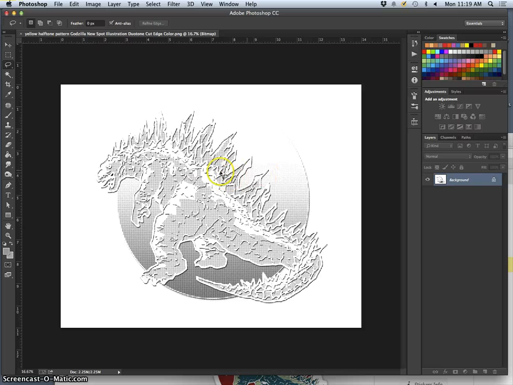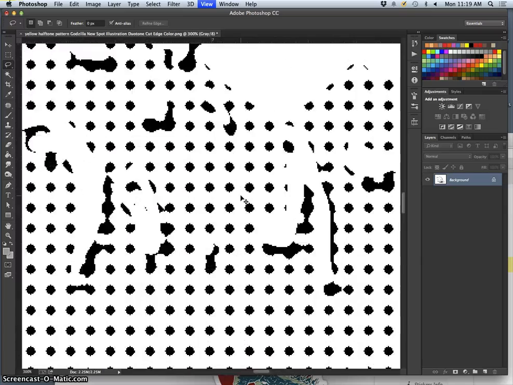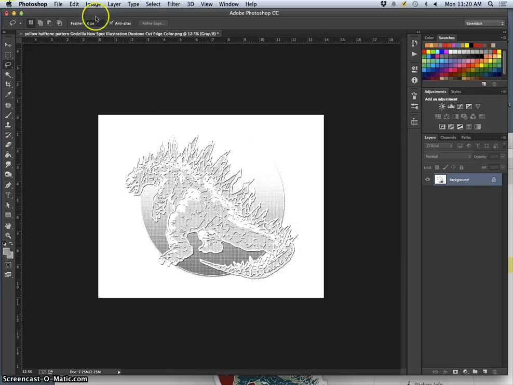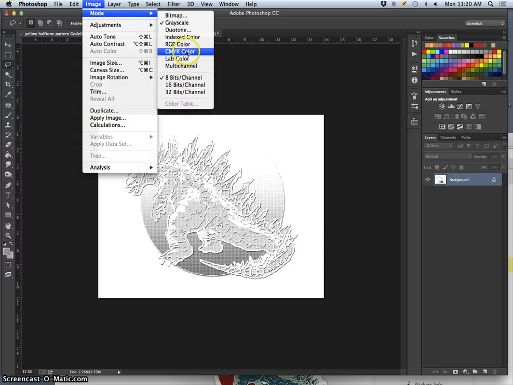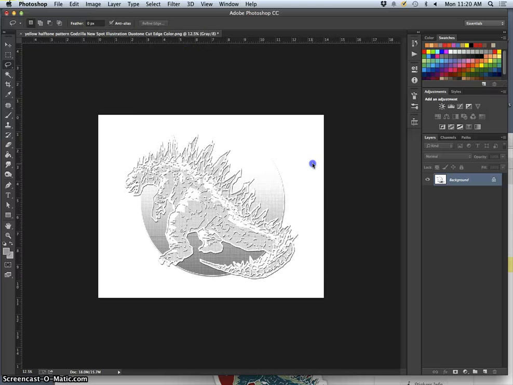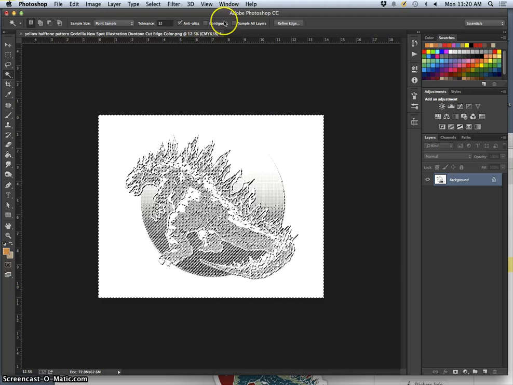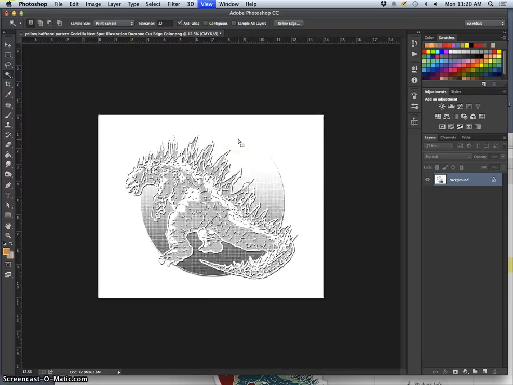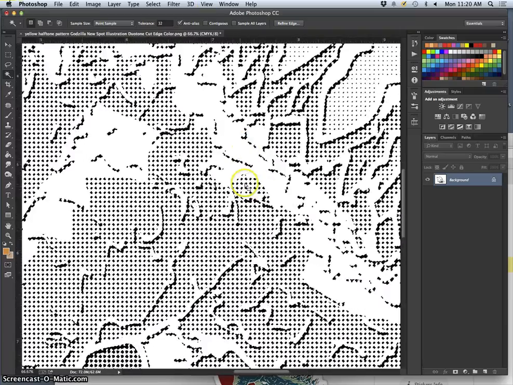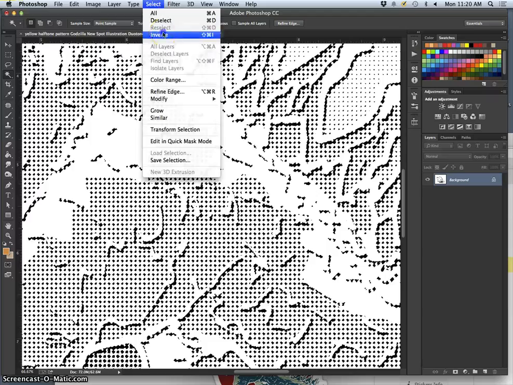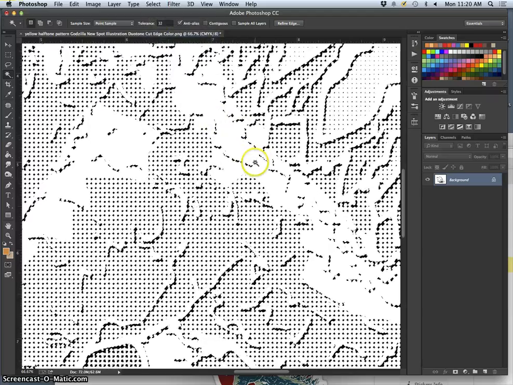Problem is it's black, so how do I change it to being yellow? Well, I'd have to convert its mode back to grayscale at a size ratio of 1:1, so it doesn't change anything. So all the pixels are exactly where they are. And now I'm going to say image mode CMYK color. And now I'm going to select all the whites with contiguous turned off. And because this is only pure black or pure white, I'm going to say select inverse. It will be all the blacks. Now I'm going to duplicate